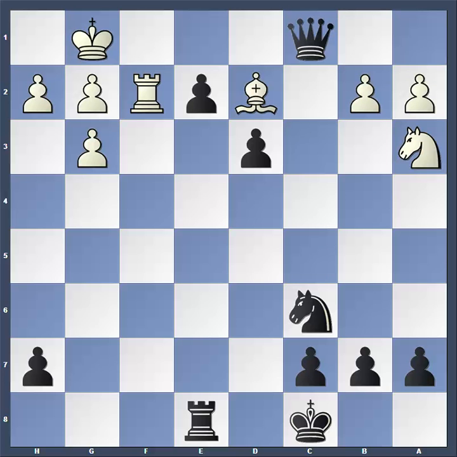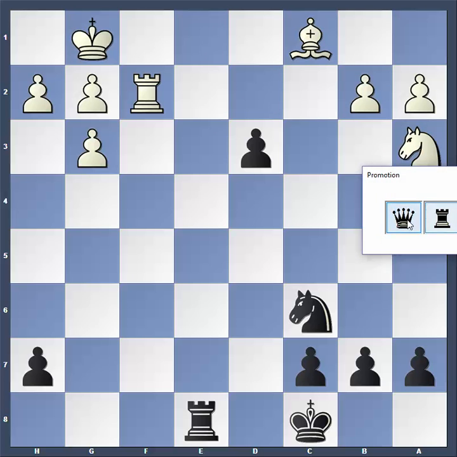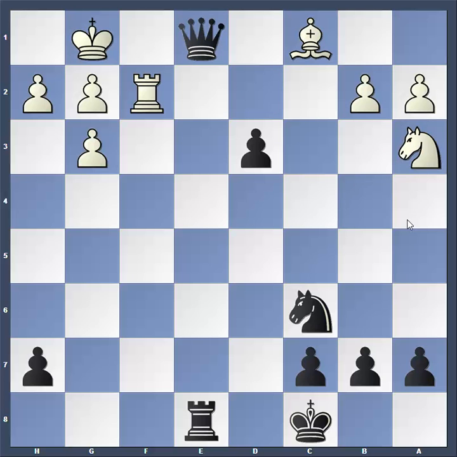Well, not really, because I think I can just take that. Check. What do you do? Thanks for the rook. If you take me back, I'm just going to queen. Put another queen on the board. Check. And not good. All right? So you guys see that little variation. So if you let this position sink in,